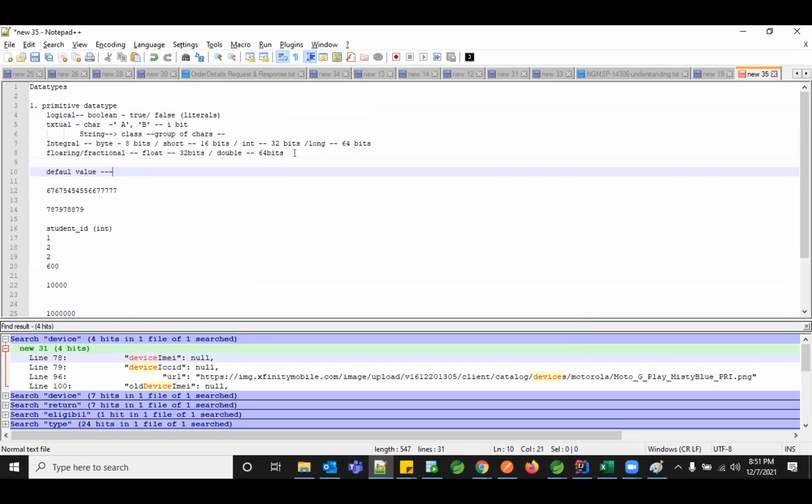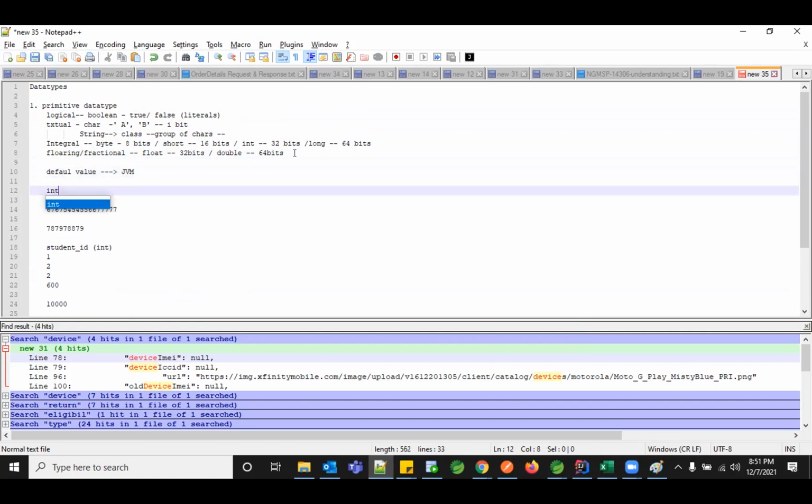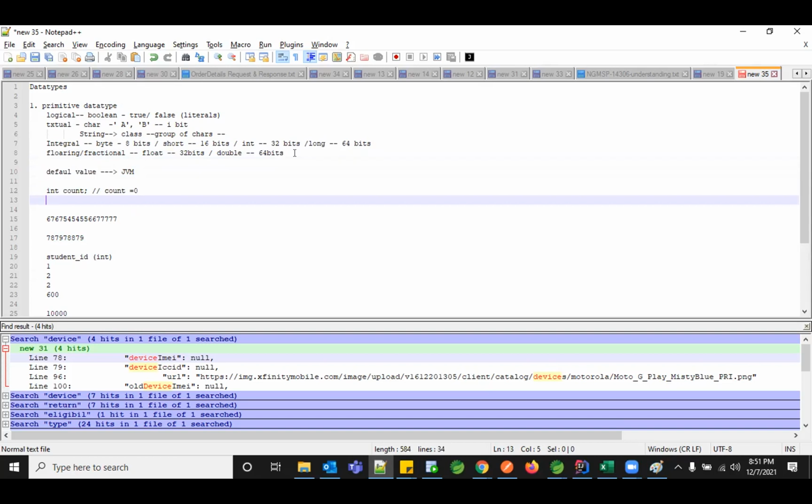The JVM, the Java system, has given us an architecture: if you're creating a variable int count and you're not giving any value, the JVM will initialize it in the backend as count equal to 0. It won't leave it empty; it will assign 0. In the same way, if you create a character and don't assign any value, it will initialize some default value, which you have heard earlier called hexacode.